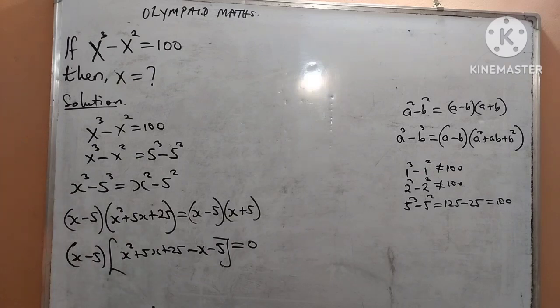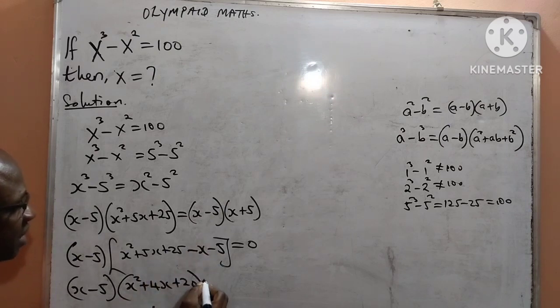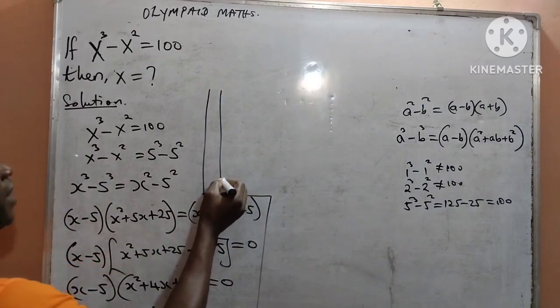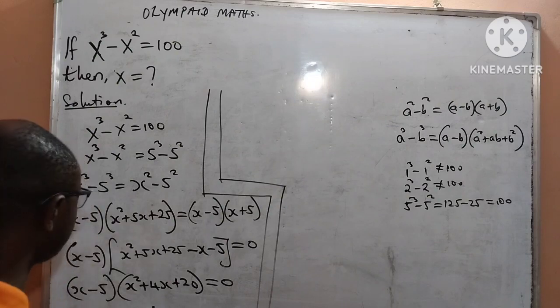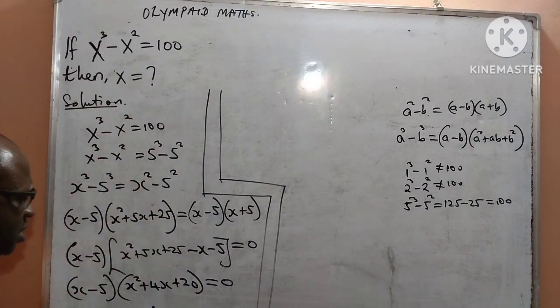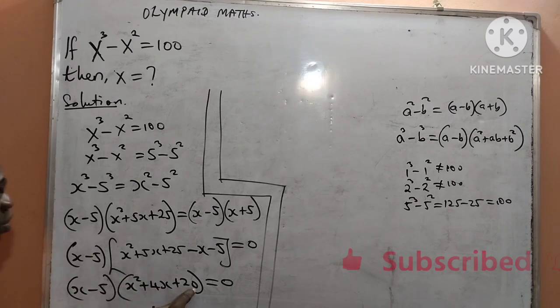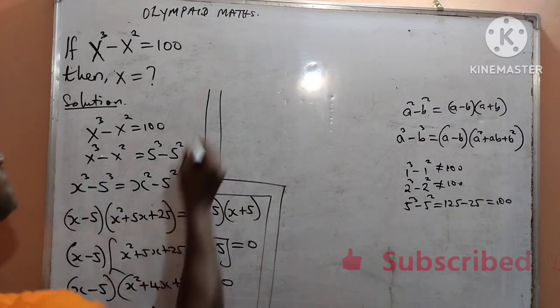Very good. This means that I can still have x minus 5 into, here I have x squared, then 5x minus x will give me plus 4x, and 25 minus 5 will give me plus 20. Everything now is equal to 0. Very good. We move on. Our interest is to get the values of x in the given question. But from here, as we can see, x minus 5 into x squared plus 4x plus 20, everything is equal to 0. It means that the first bracket